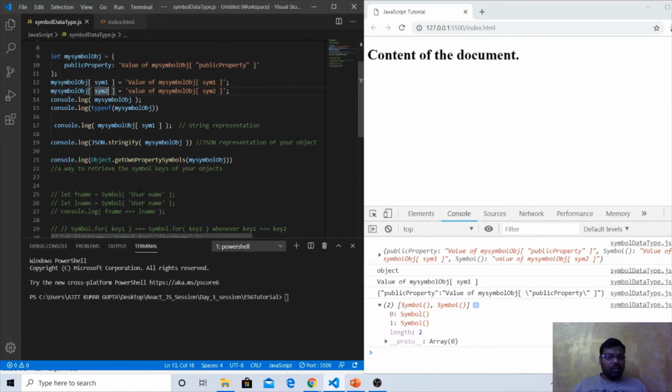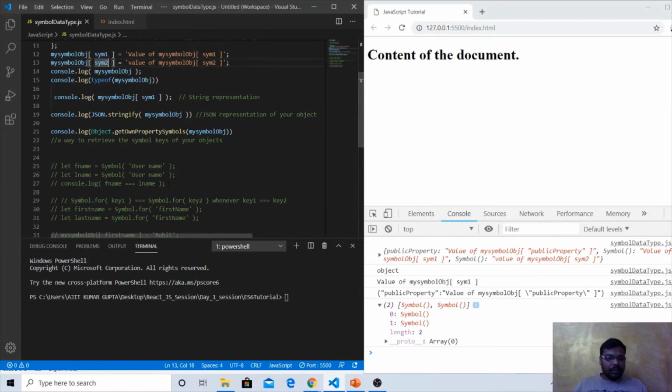Moving forward, this is one part we need to concentrate on. I have created two variables, fname and lname, and given the same key, the same symbol, with one parameter in the function, username.